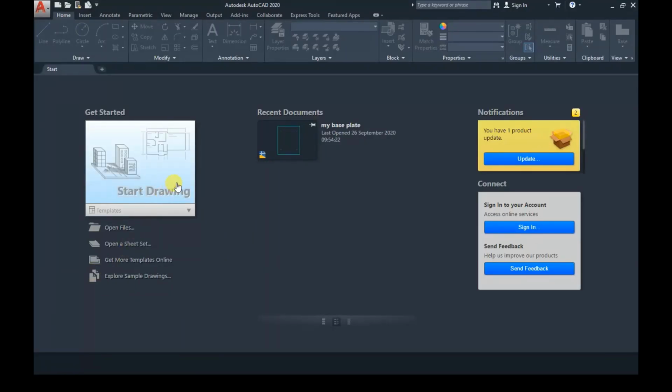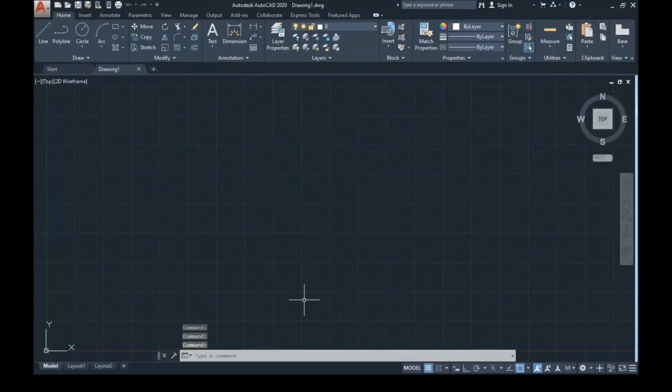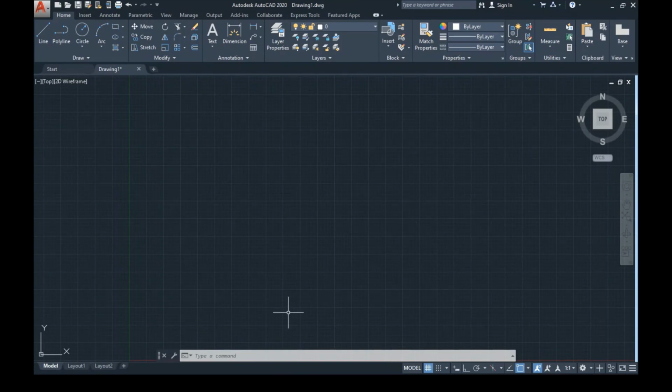So here is our AutoCAD. I'm just clicking on a starter drawing. Look, this is the command line that we generally work with. Right now, no explanations. I will do some lines, write something, and let's see how it works. So let's set up our drawing first. We need to set up an approximate size of the drawing. So the command I will use is limits.